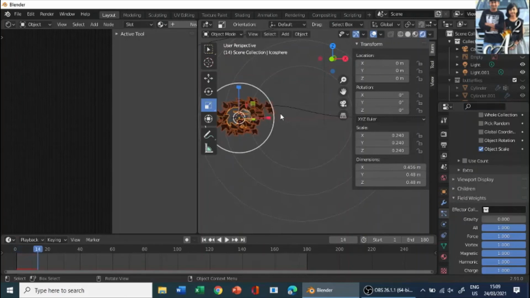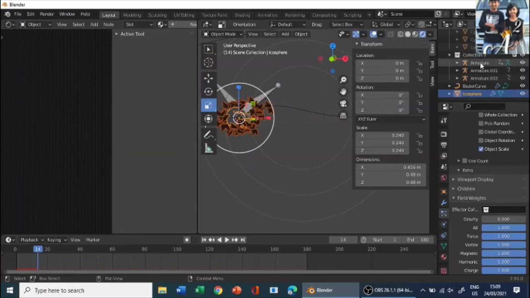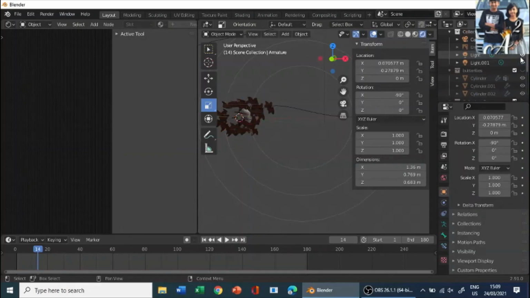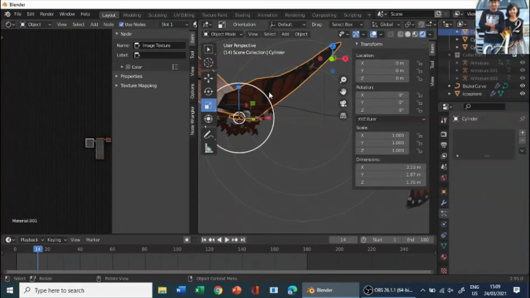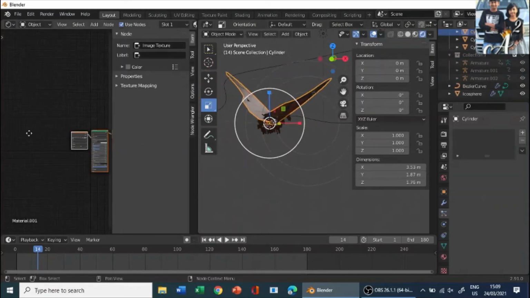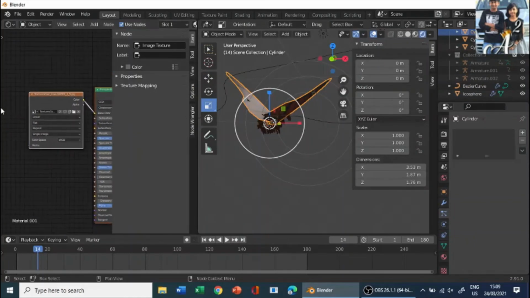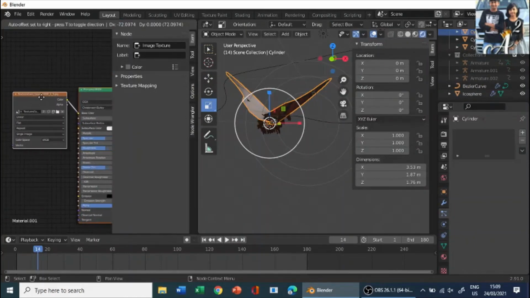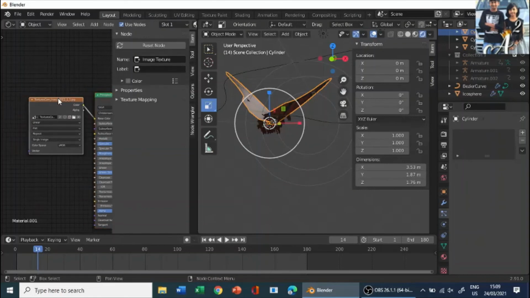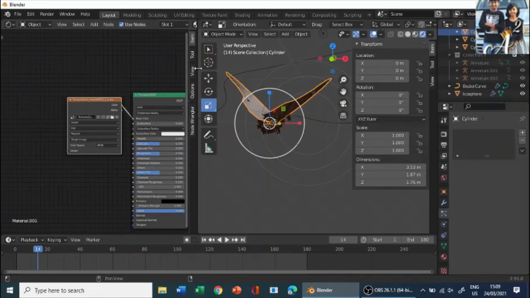So hit play, and go to the butterflies. There are our butterflies in the collection 3. Click on, not on the armature, but under the collections tab, this one, and click on our cylinder over here. So in this case, that is the butterfly, right? So click on this tab and move it a bit to that side. Only select this one and move it this side. Let's make it go there.